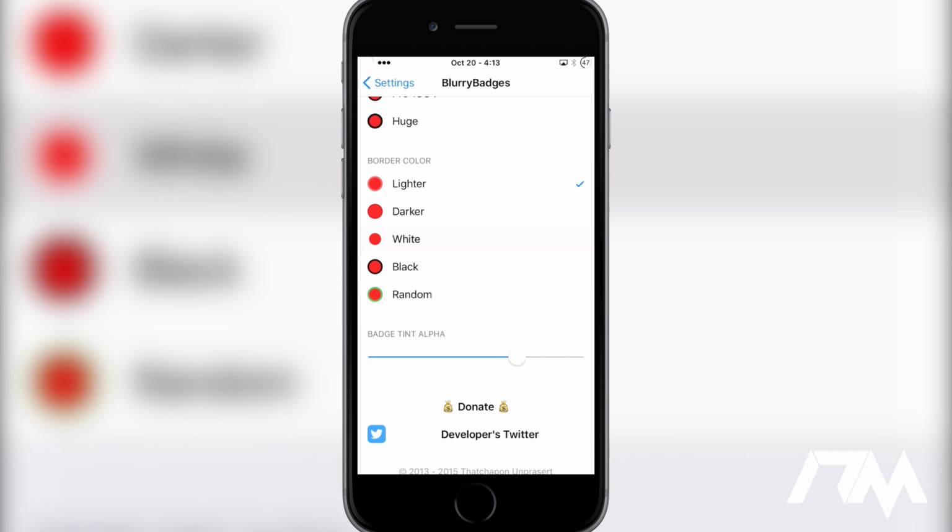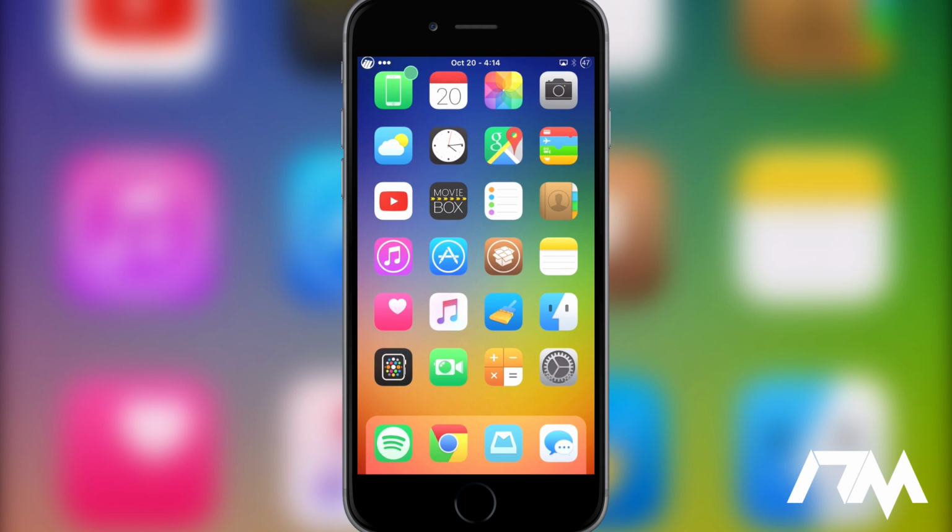Another cool thing that you can do with this tweak is change the badge tint alpha, which is the transparency of your badges. So you can have it be completely solid, or you can have it be almost completely see-through. So, a very, very cool free tweak from Cydia. Again, that's called Blurry Badges. Coming in at number 3 is called